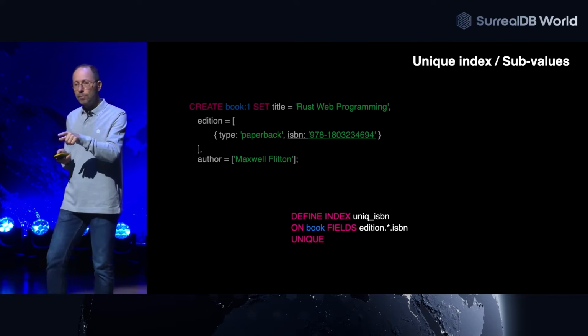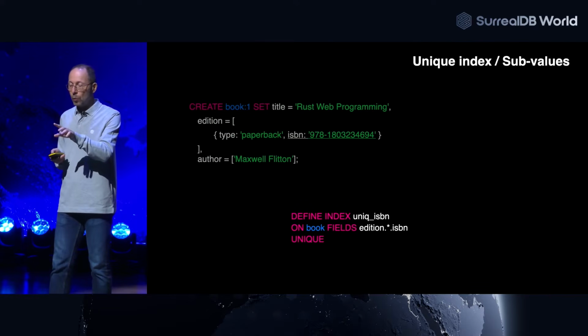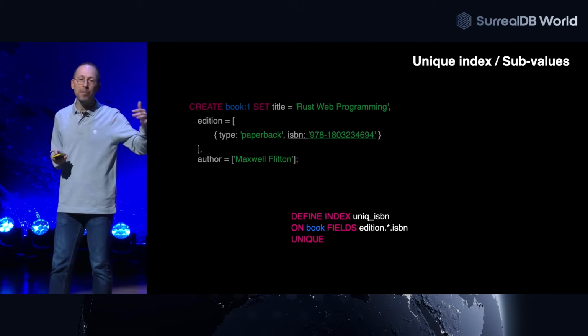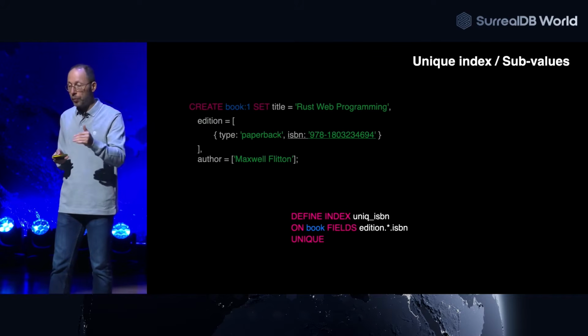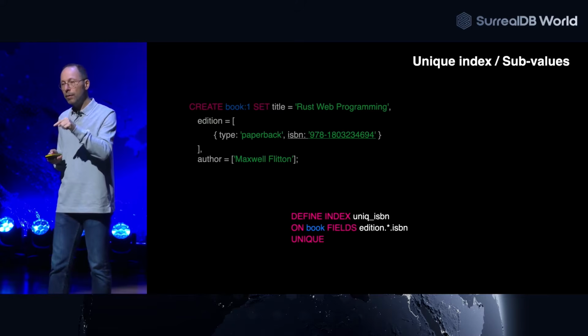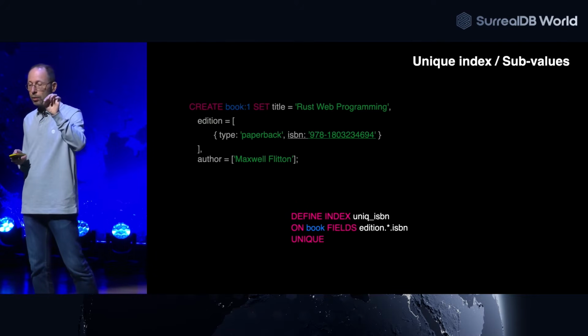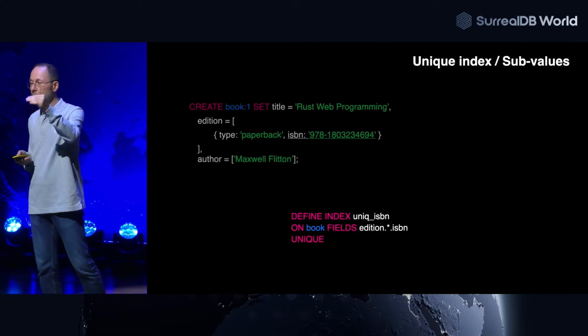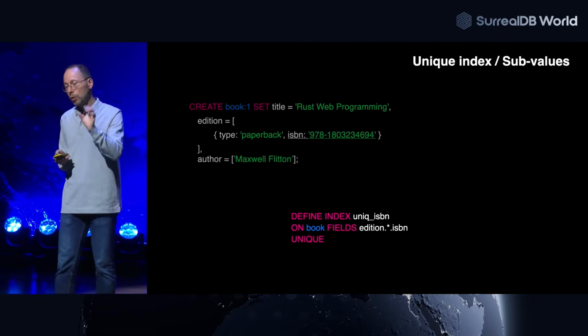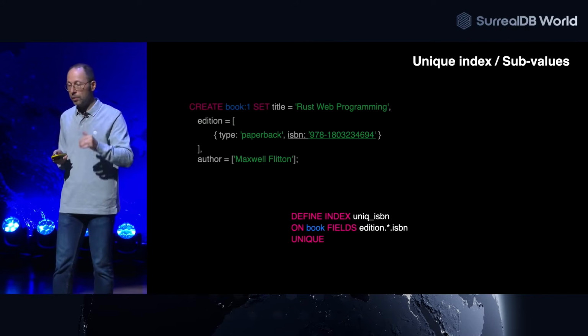As you can see, we have support for something like schemaless, but it works also with a schema, by the way. You can index a value inside a JSON structure, or hierarchical structure. So we just say edition.*.isbn, you get it. It's a way to go inside and extract one value inside the JSON document. Okay.